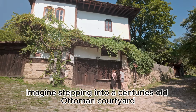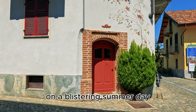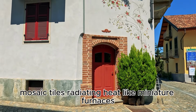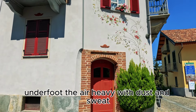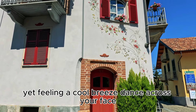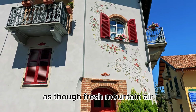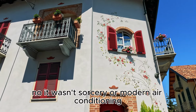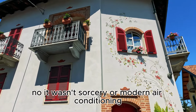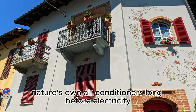Imagine stepping into a centuries-old Ottoman courtyard on a blistering summer day, mosaic tiles radiating heat like miniature furnaces underfoot, the air heavy with dust and sweat, yet feeling a cool breeze dance across your face as though fresh mountain air had been funneled straight from the Taurus range. No, it wasn't sorcery or modern air conditioning, it was the genius of Ottoman passive cooling techniques, nature's own air